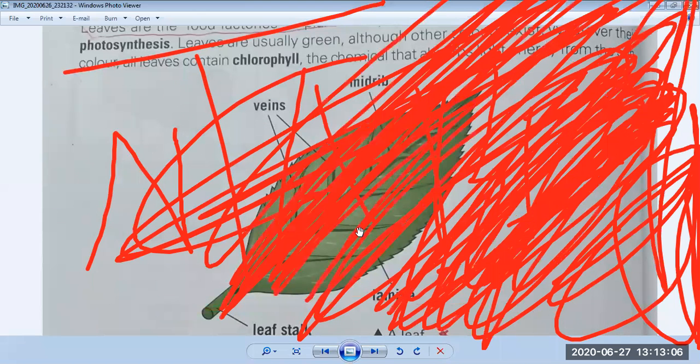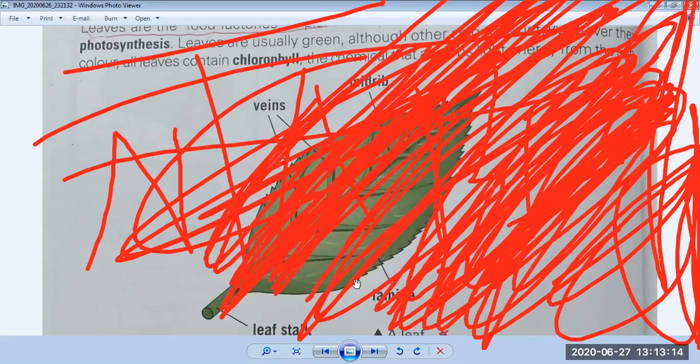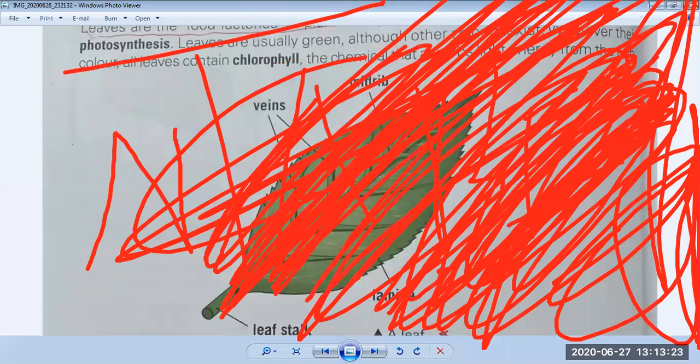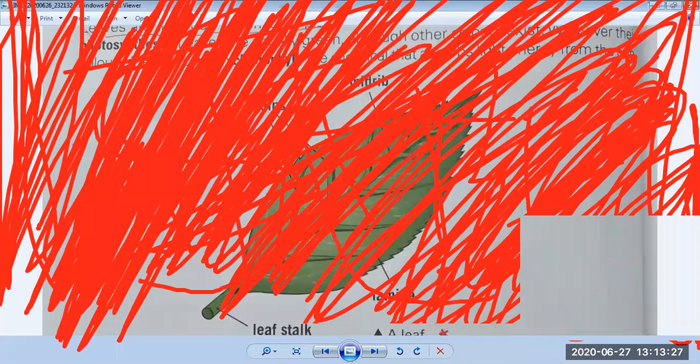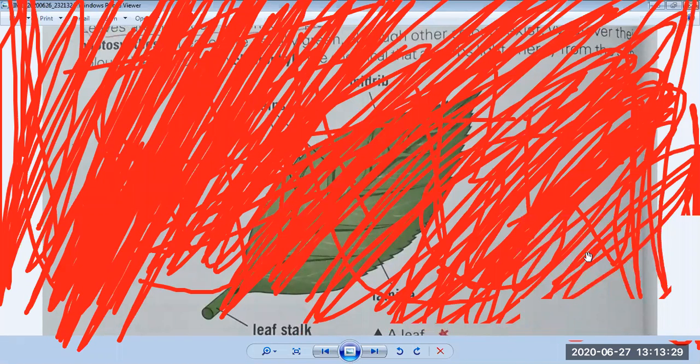And where does the sugar solution go? This sugar solution goes by the body of a plant, through phloem tubes. So you also know that phloem and xylem tubes play a very important role inside the body of a plant. I hope you understand it. This is clear to you. Now we will discuss the next page.